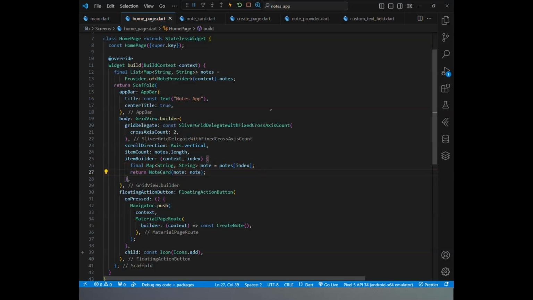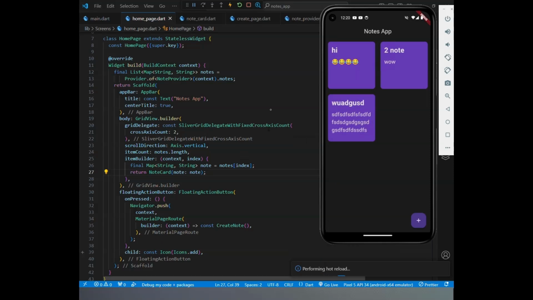Finally, when it comes to user interaction, such as tapping, long pressing, swiping, or dragging the card,